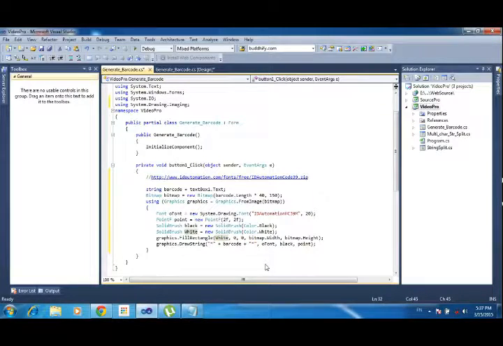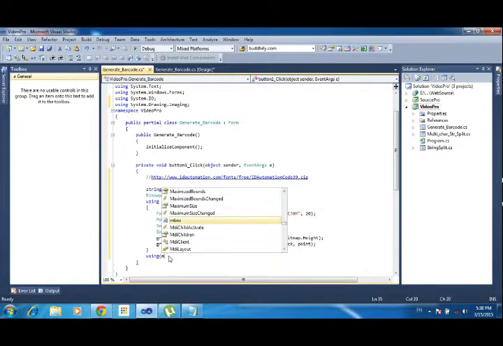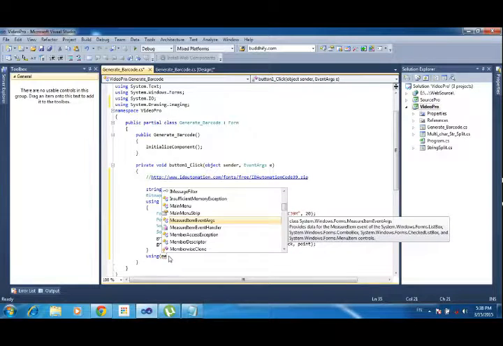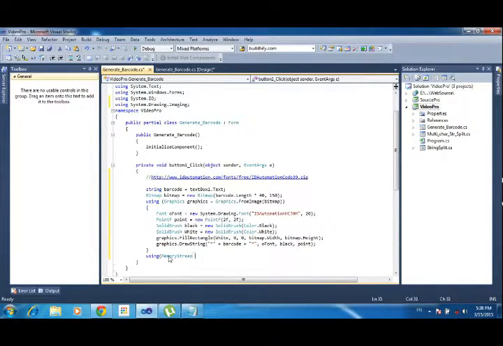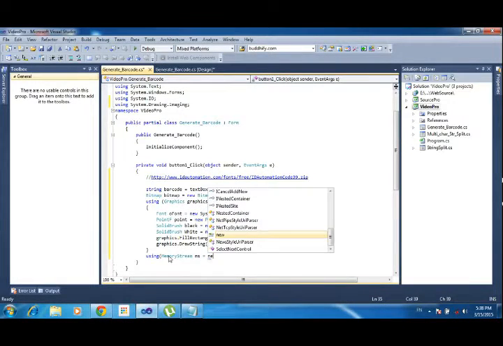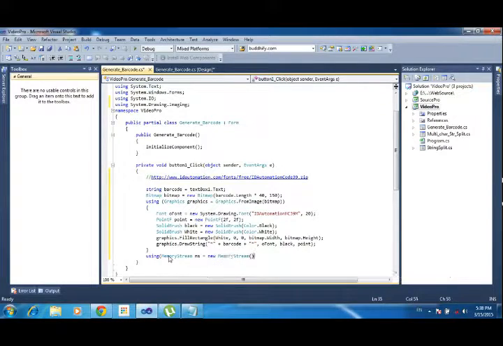Okay, now I pass these values to a memory stream here. So using memory stream ms equal to new memory stream.